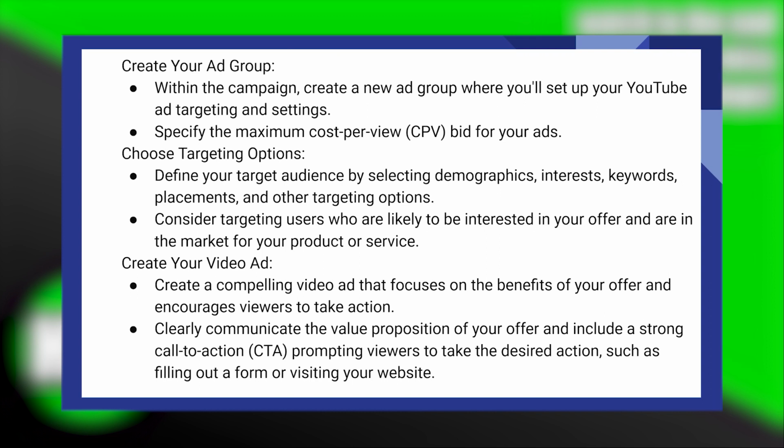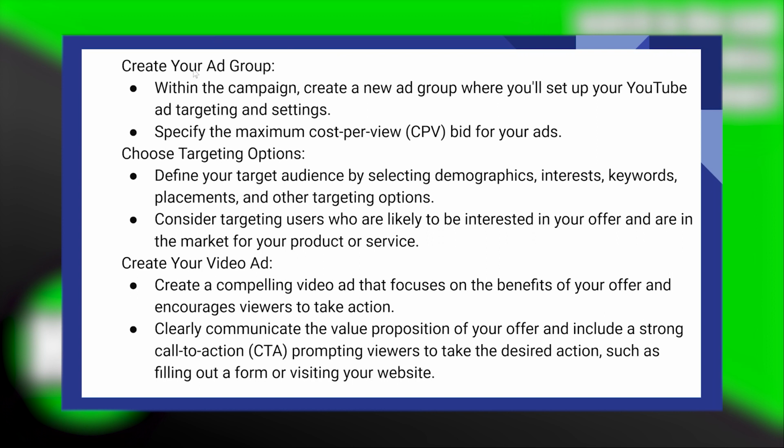Within the campaign, create a new ad group where you will set up YouTube ad targeting and settings. Specify the maximum cost per view bid for your ads. Define your target audience by selecting demographics, interests, keywords, placements, and other targeting options. Consider targeting users who are likely to be interested in your offer and are in the market for your product